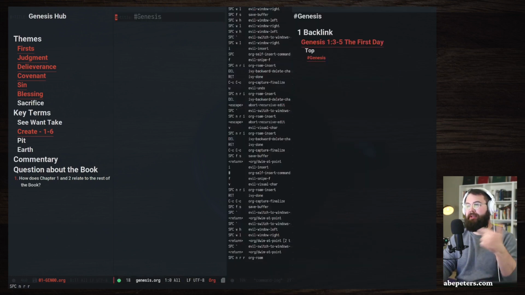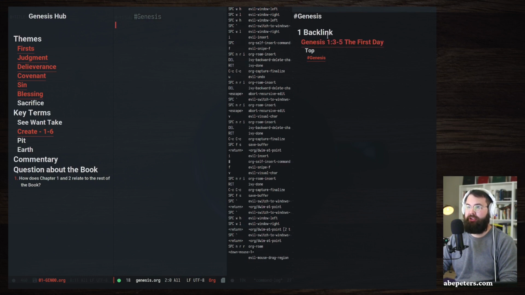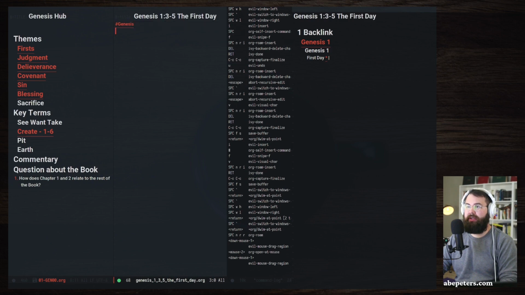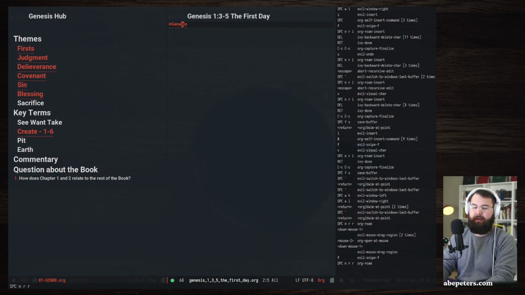That opens up the org backlink. So I know that there's only one note here right now that has this hashtag Genesis, and that's the one I was just looking at. So if I click this, it just goes to here. So not very helpful at this point,